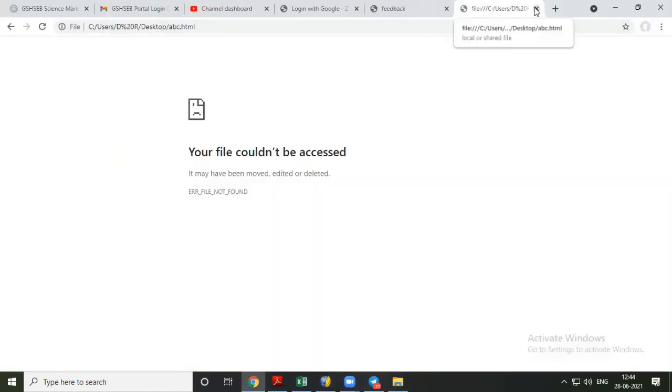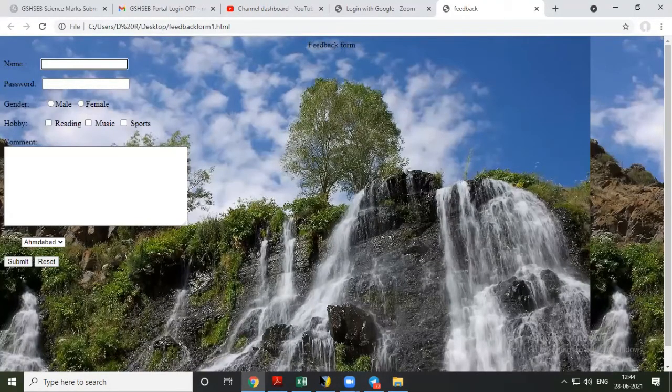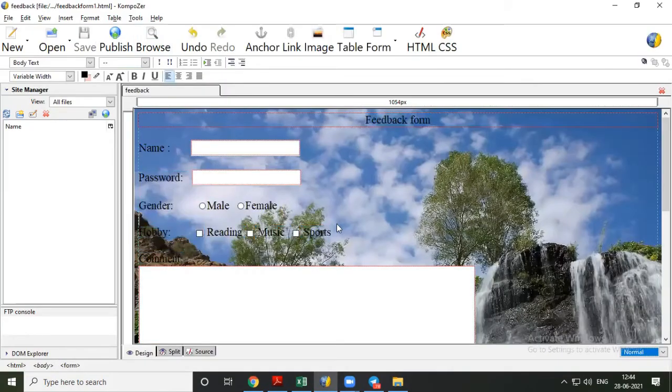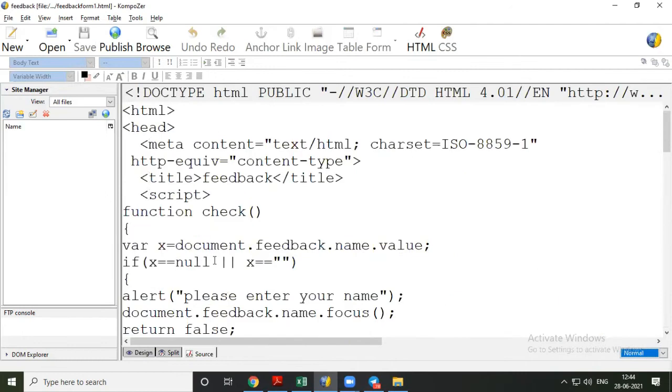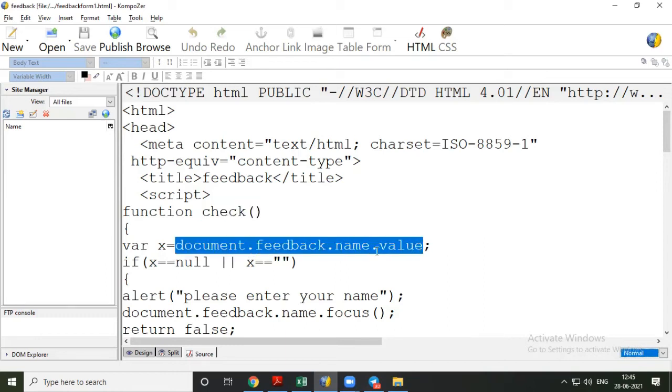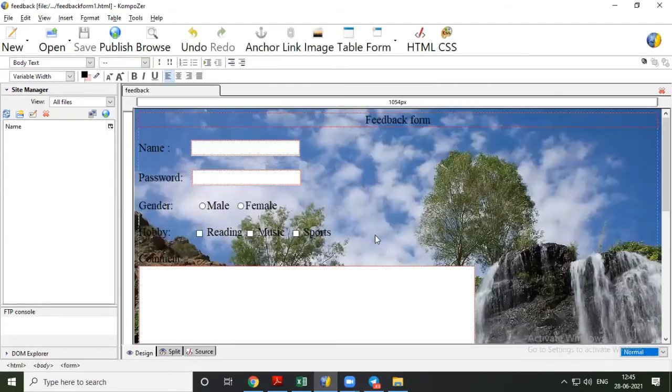Now let's see this. Still there is no error. So how do we check where we have made a mistake? Go to source. From here the coding starts. This name we have already seen, it is matching with what we have used in the form properties. Now we are going to check whether these names are proper or not. Document spelling is okay, yes. Feedback, so is the form name feedback or not, that we are going to check now.